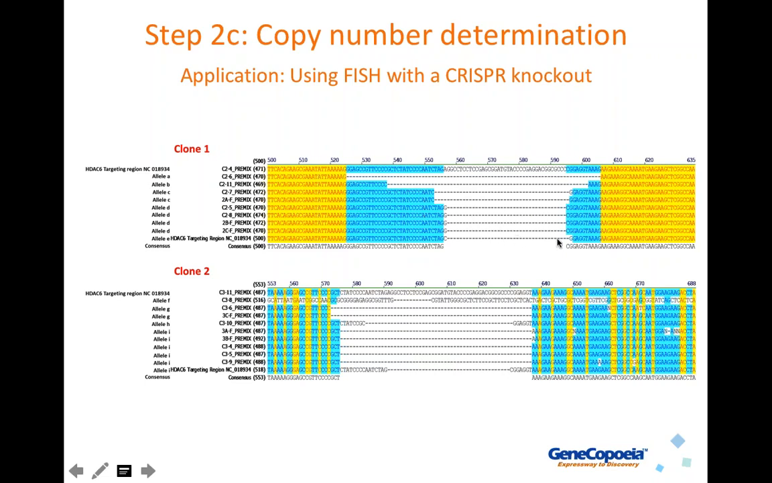But if you were to look closely enough, you would see 5 different alleles of this gene, 5 distinct knockout alleles of this gene compared with the wild type sequence. And the same is true for clone 2. So this, again, was very helpful, having this knowledge that the cell line contained 5 copies of this gene before